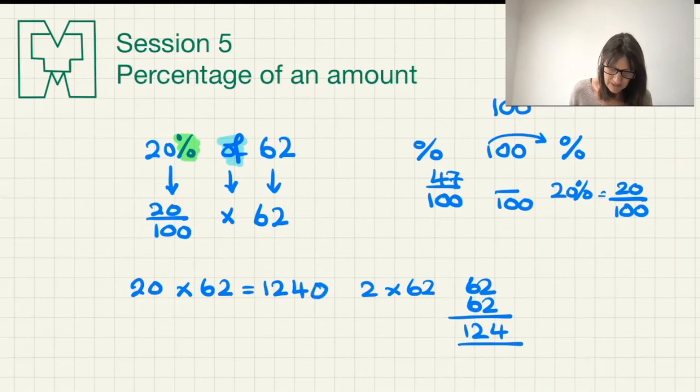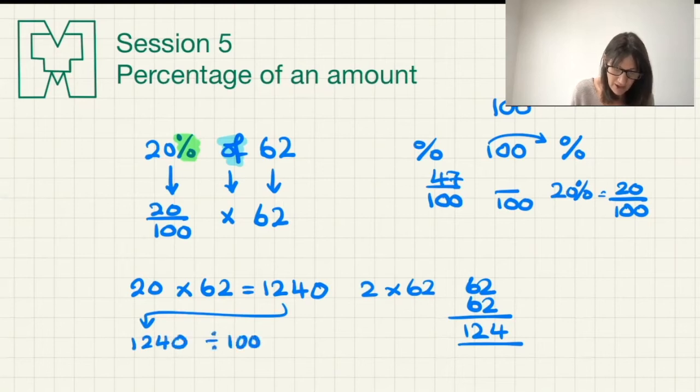Whoops. And then I do my 1,240 divide by 100. Now I can't cross off, can I? All right, I've got 1 0, so I can cross off 1 0, but then I've got 1 0 and I don't have another 0 to match to it. So I am going to be changing slightly what I'm doing here